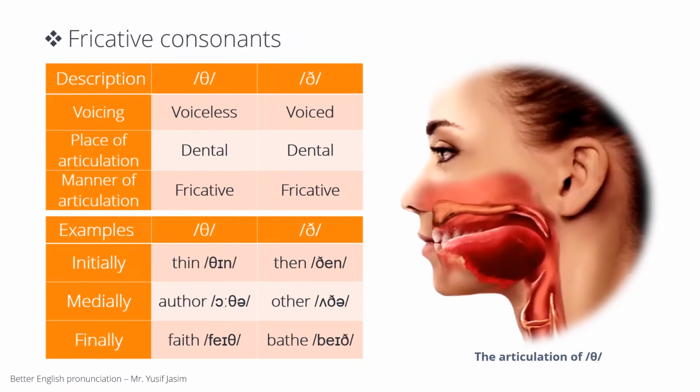Th and th. These sounds are produced when the tip of the tongue is placed close to the upper front teeth, hence they are called dentals. To produce them, the soft palate is raised so that all the air is forced to go through the mouth. The tip of the tongue is close to the upper front teeth. This is the narrowing where the friction is made. Also, since these sounds have friction, we will call them fricatives. To describe th and the, we will say th is voiceless dental fricative. The is voiced dental fricative. Pay attention to the figure and notice how these sounds are articulated.